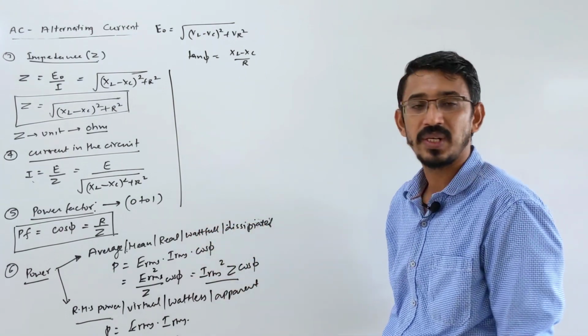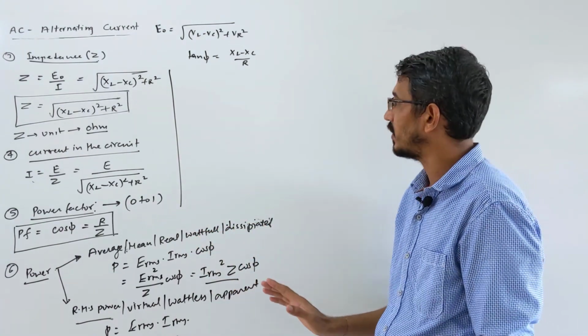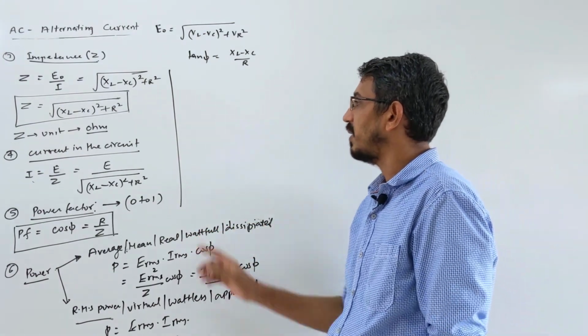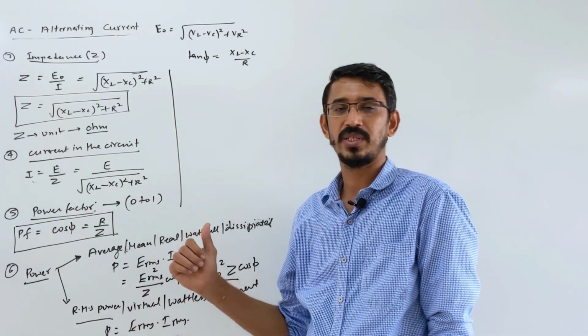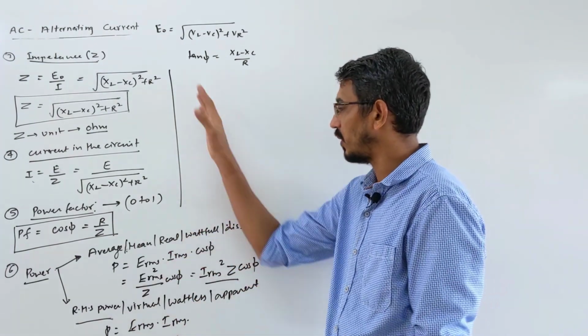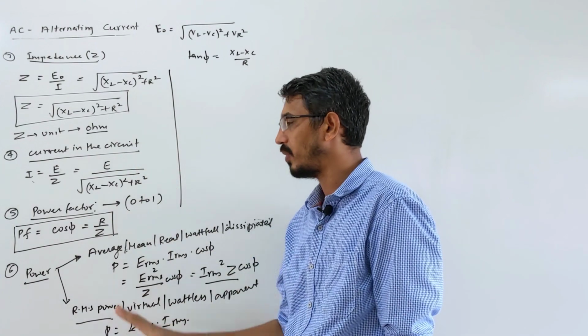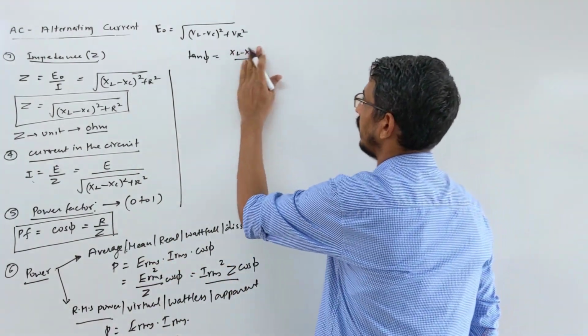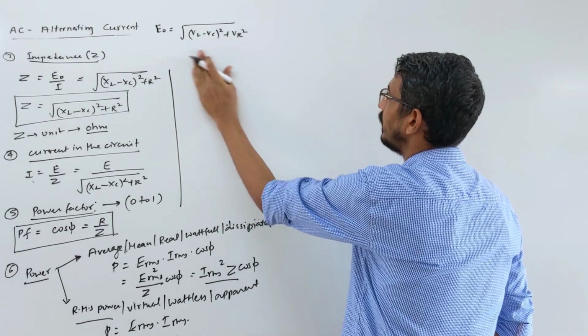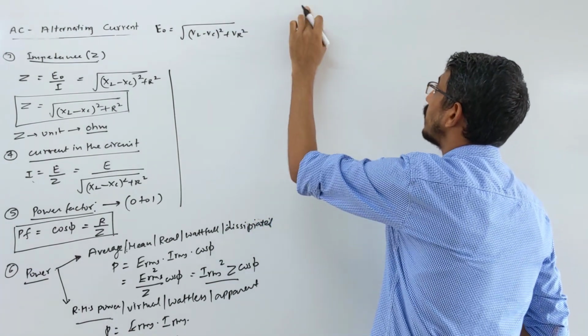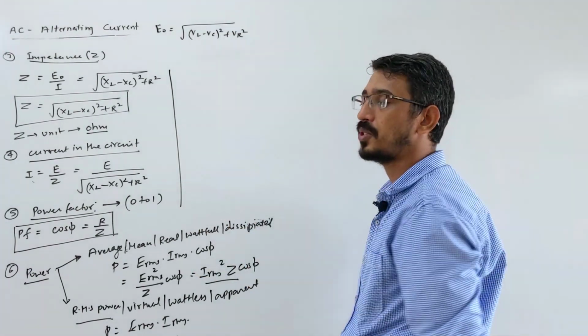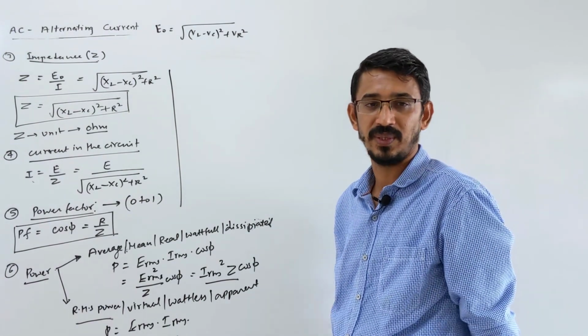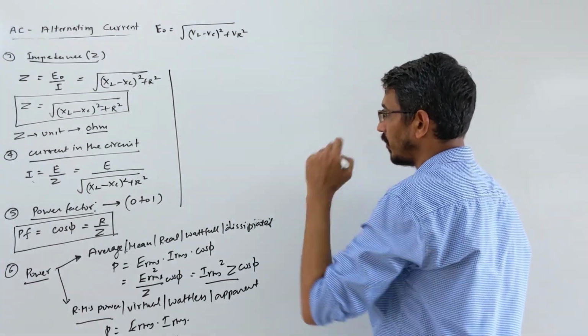Now what we'll do? We apply special conditions here. That's called resonance condition. And the same questions we have to answer, except one more extra question will come, that's called quality factor. Otherwise all are the same questions, we have to answer them under resonance condition. So let's see what resonance condition actually is. Very important. If they are asking two questions from this topic, then definitely one question will be from the resonance case only. Very important from the exam point of view.